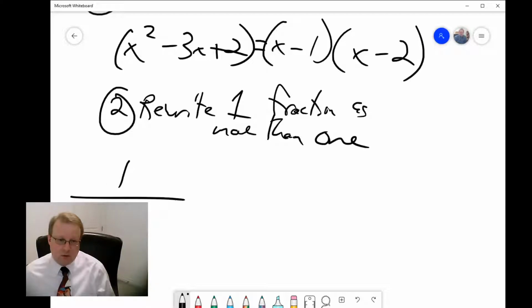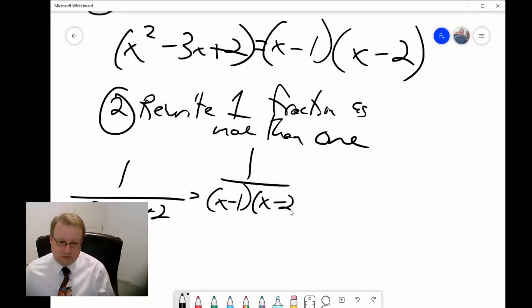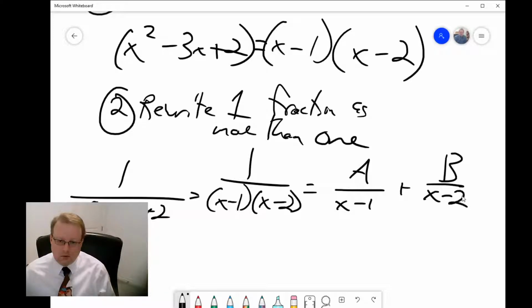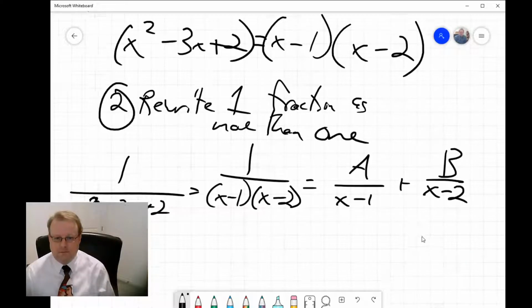So we take our 1 over x squared minus 3x plus 2. That's going to be the same as 1 over x minus 1 times x minus 2. But then we can break it down